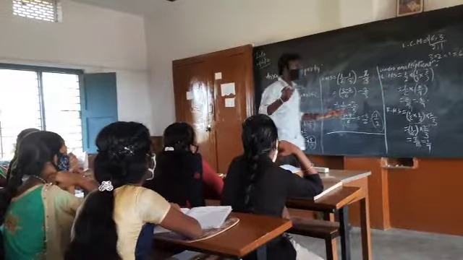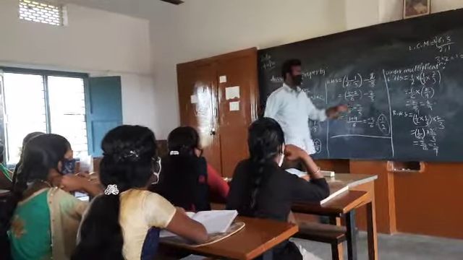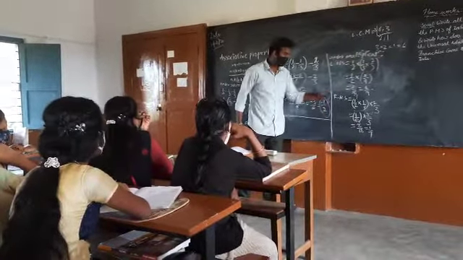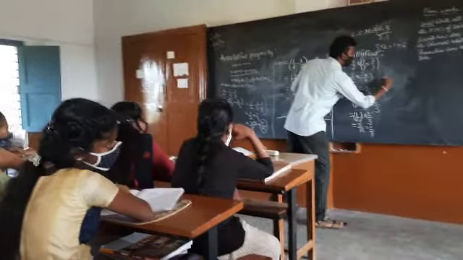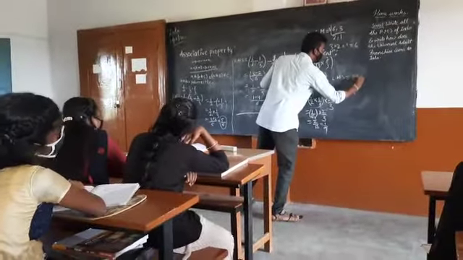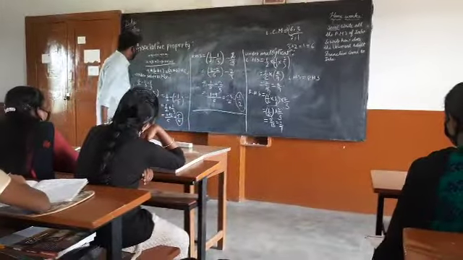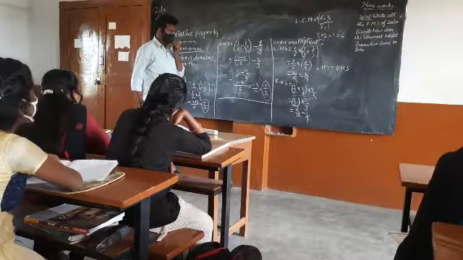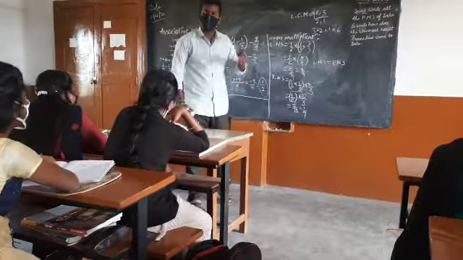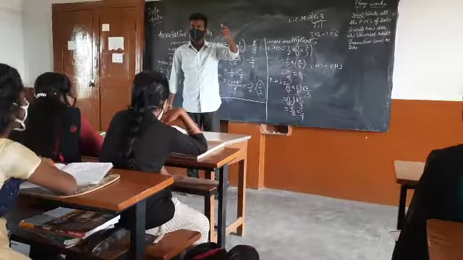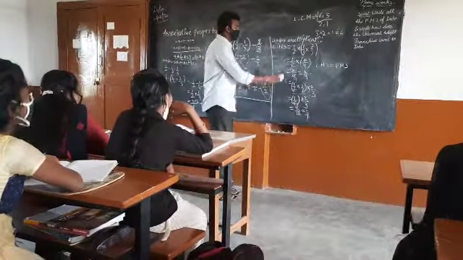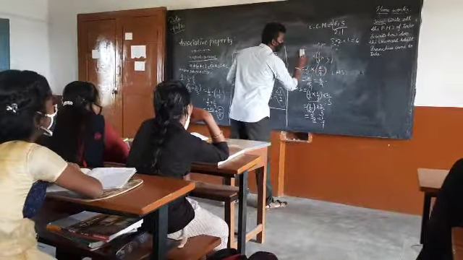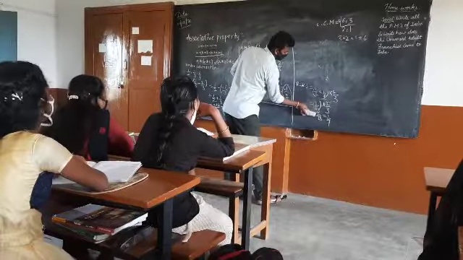That's not what I meant. According to the associative property, what do you say about multiplication? Do the rational numbers satisfy it? Yes, because LHS equals RHS. But in subtraction, did we find LHS equals RHS? LHS is not equal to RHS. Very good. So under multiplication, do the rational numbers satisfy the associative property? Yes, very good. That is what we have proved, LHS equals RHS. Let us check for the next operation, division.